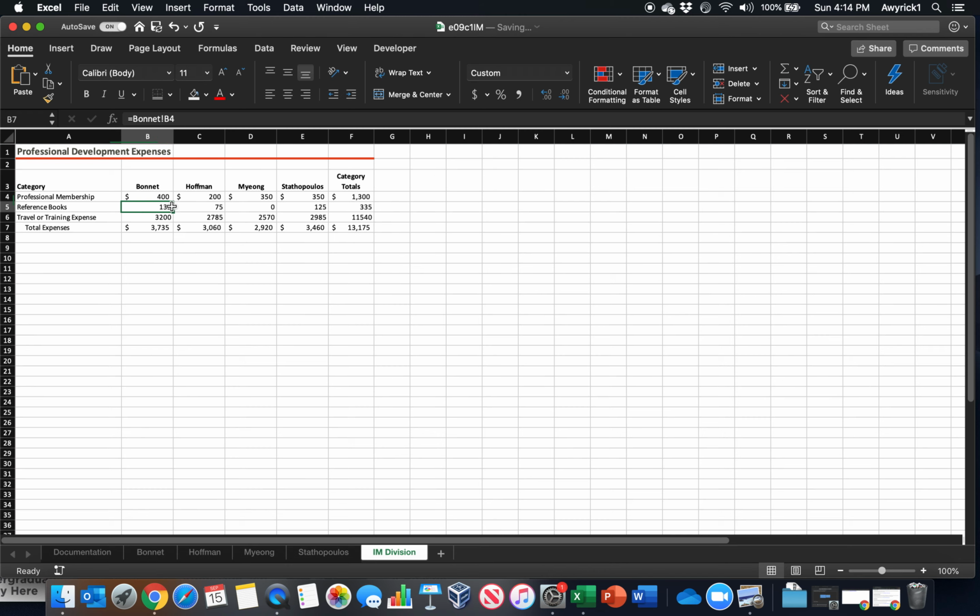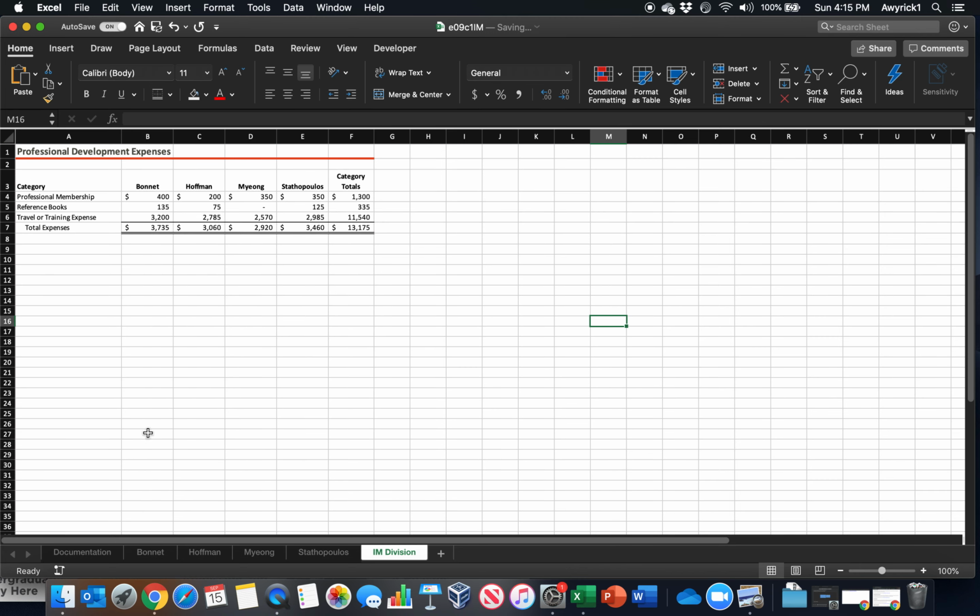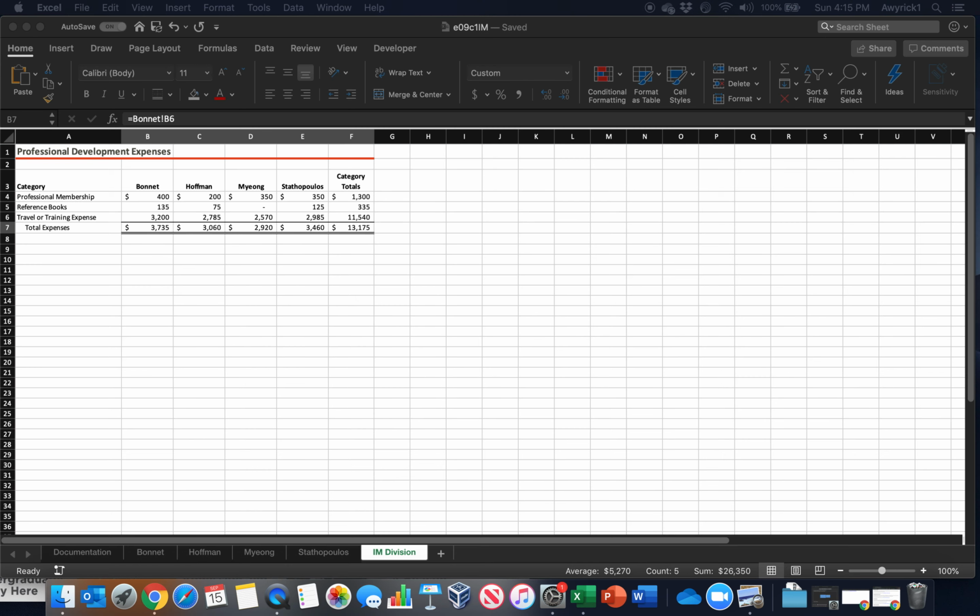We're going to back it out to no decimal places, again, because we have all whole numbers here. And we'll do the middle portion as comma style with no decimal places. It's starting to look like we want it to look, but we'll again select a top and double bottom border. There's the other way to get that in 1 step instead of 2 to make that look the same. Now, when you're doing that work for Pearson, you're probably going to want to do the bottom underline here and the double underline here, but again, Professor King and Pearson don't grade the same way, so try not to get